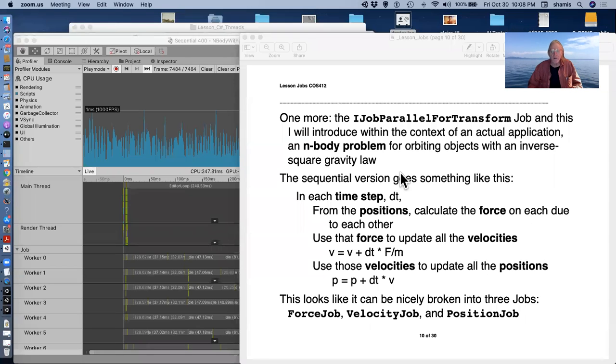Continuing on with jobs. So the IJobParallelForTransform, and I'm going to introduce this with the n-body problem that we dealt with, because it's a good example for this. Now, the sequential version of the n-body problem, and this is for a central manager, by the way, is